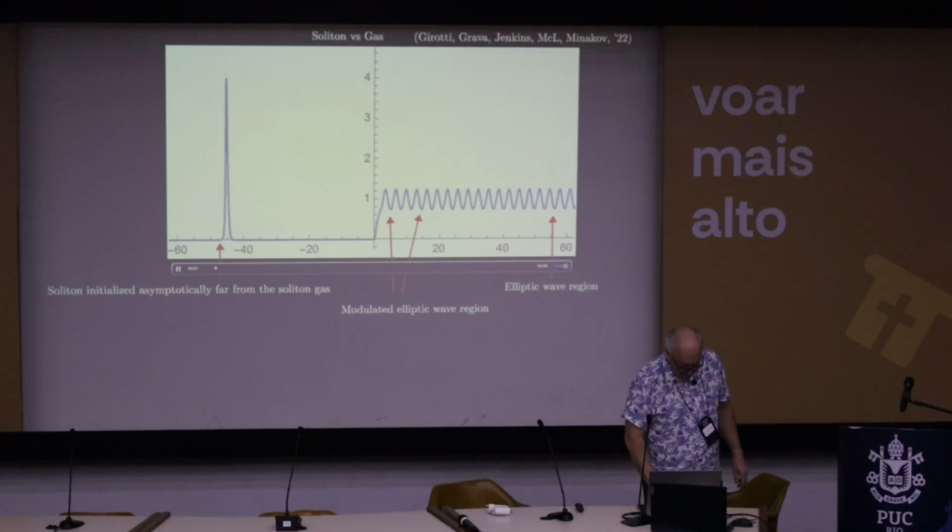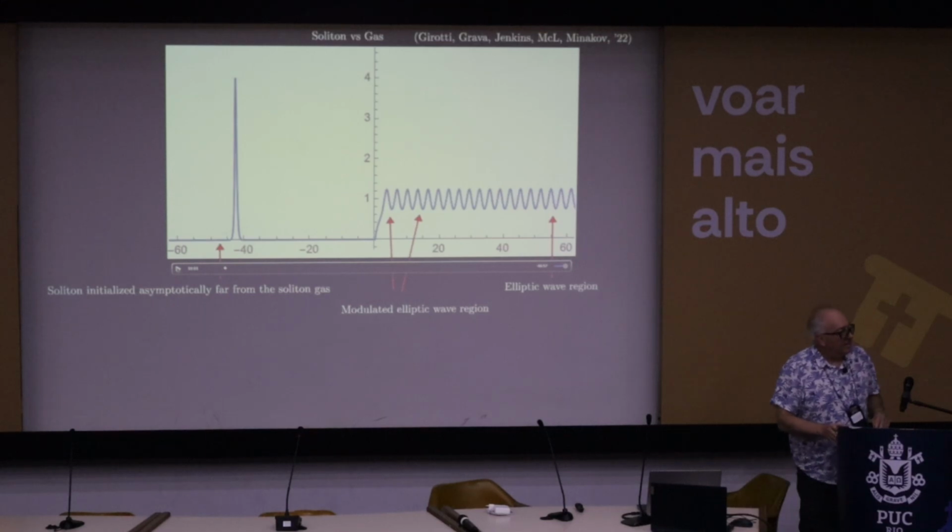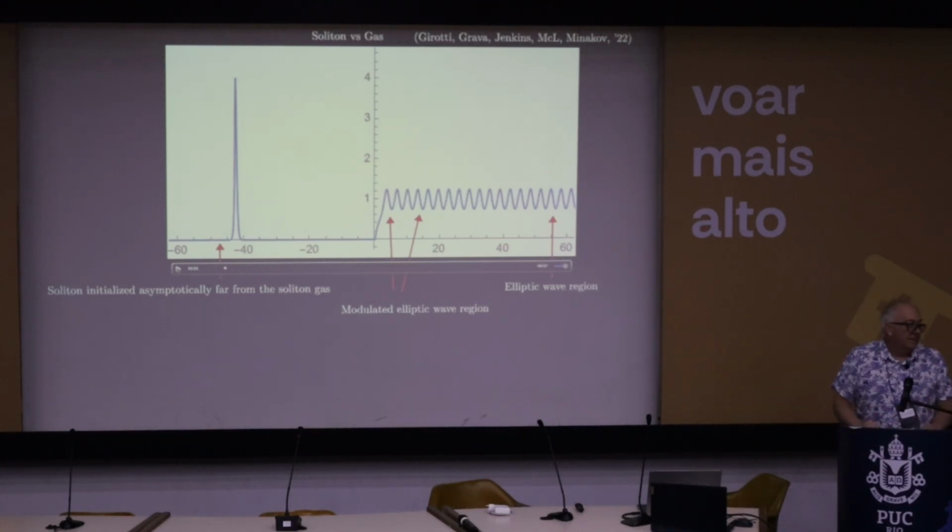Yeah? Quick question. Why does the tracer amplitude decrease over the peak of the gas and increase at the trough? That's, okay, I mean, the short answer is I don't know, but it's like we compute it, right? What we actually compute is the asymptotic behavior of the solution. It has one element which comes from the background, which is this elliptic wave, and another element which comes from the additional pole, which is the soliton. And when we compute the amplitude, it changes in time. Yeah, no, but it's funny when it's the highest, it sort of goes down. Yeah, it's true. I don't have an explanation for that.